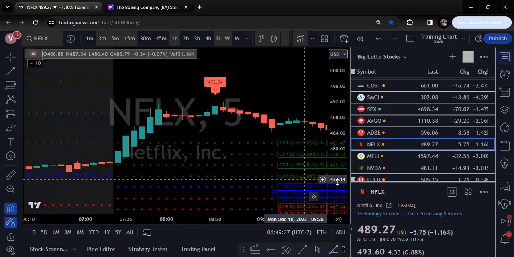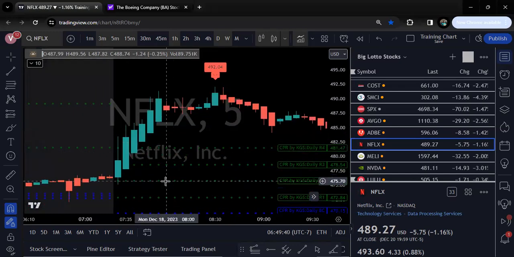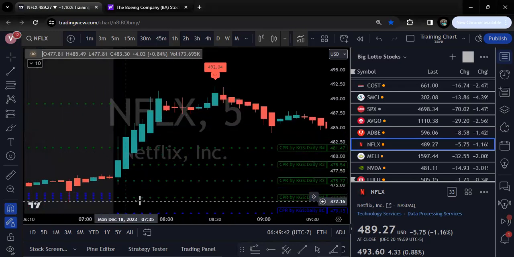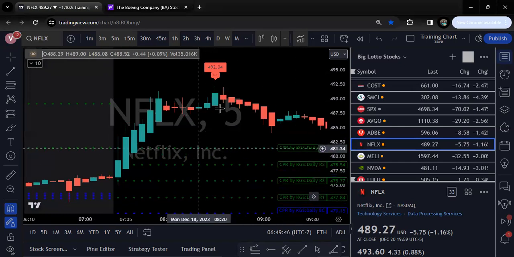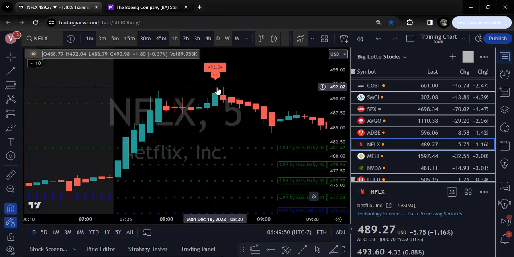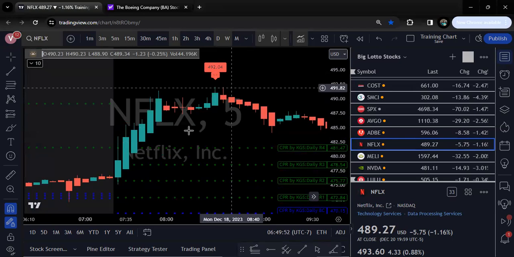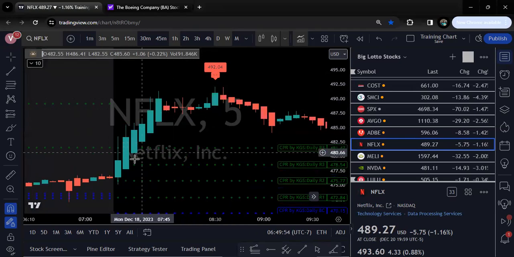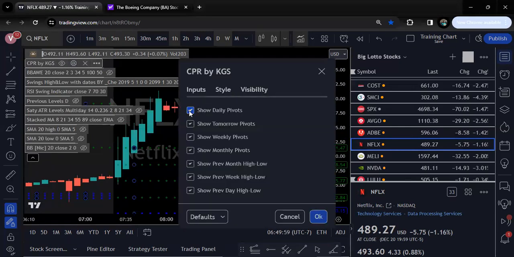so Monday, if this stock is already above CPR, yes, you've seen it has a narrow CPR, but these levels are broken. You still can't refer to this. So you have to change from daily and put weekly so that you know your exit level. If it has broken this level, it has gone outside. Now, if you look at this on the weekly,